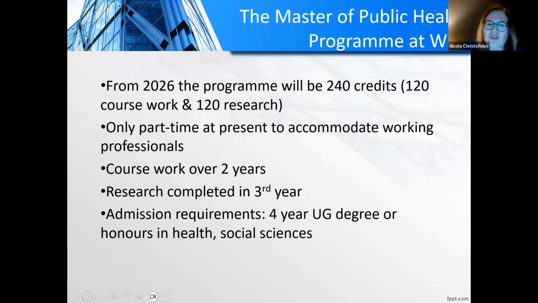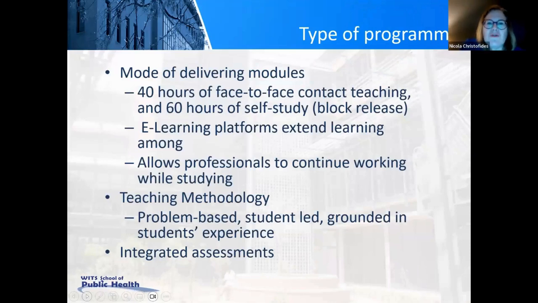Our admission requirements are very similar to those that have already been mentioned by the other programs. In terms of the mode of delivery, we have contact teaching time.